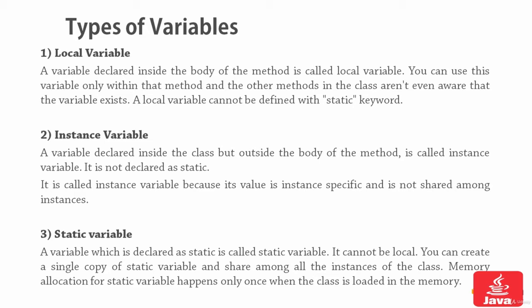And static variables, that the value of the variable you could not change, and it could not be a local variable. It has to be defined outside the method. So you can create a single copy of a static variable and share among different instances of the class. In the program execution, we may change the value of the variables. We will be learning in the loops and different sections. So don't worry. Just get these three categories, or if you do not get, these lectures denote having different meanings in different contexts.